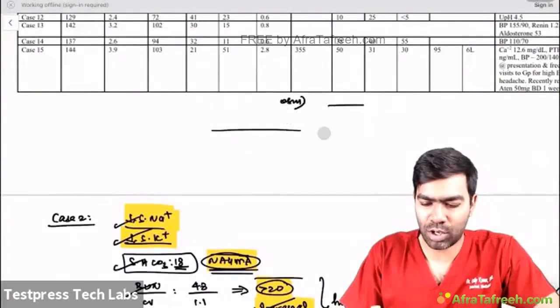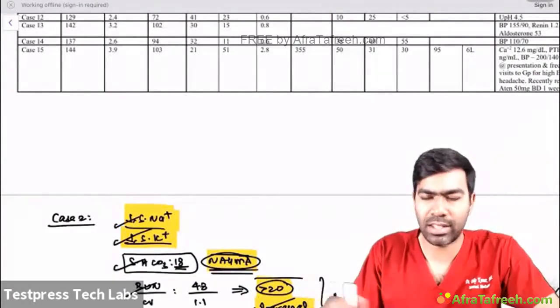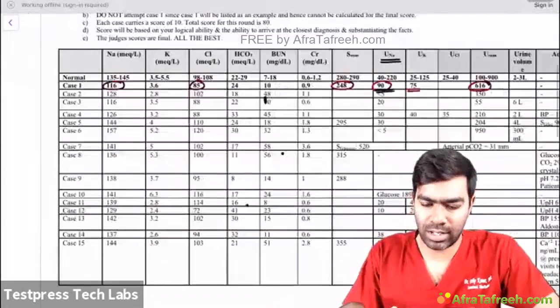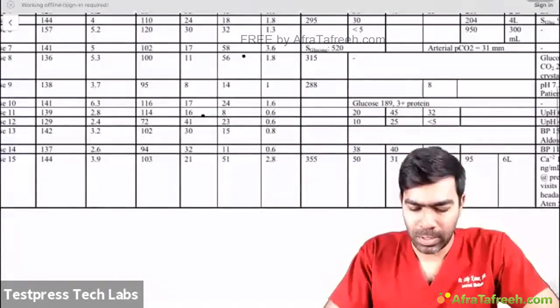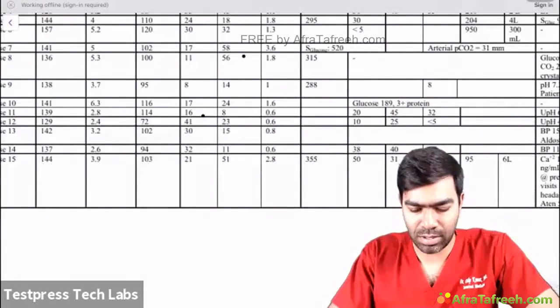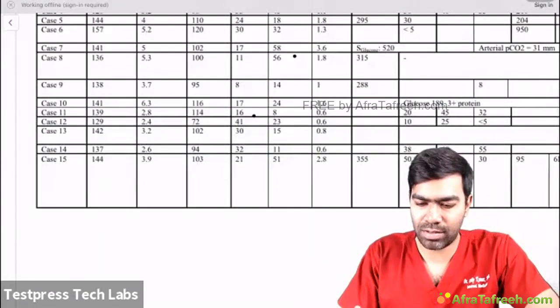This could be some cause of SIADH, like malignancy, infection, anything could be the case. I need to find out. Then they need case number 11. Okay, let us see what is happening in the setting of case number 11. Case number 11, you have